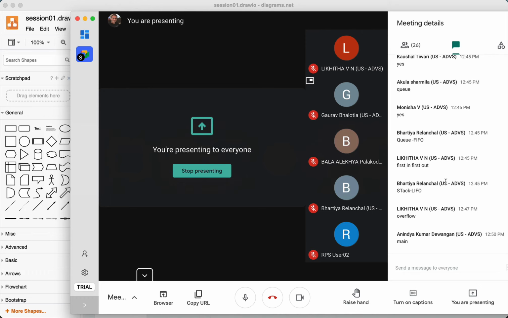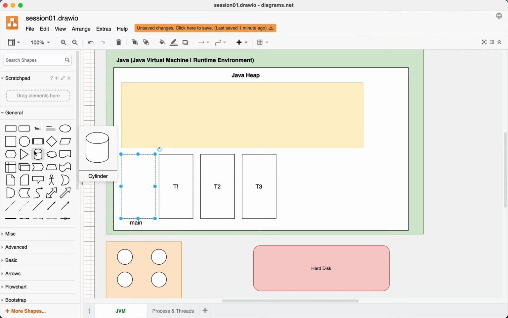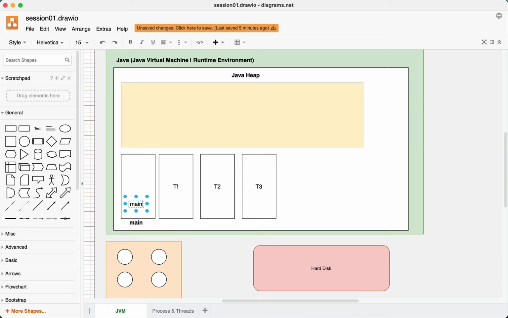Tell me, in which thread? In the main thread. Exactly, super. So it is the main thread in which the main function will be pushed into the stack. Note my words, this is the name of the thread, but the name of the function is what? Which function gets executed? Main function gets executed. That function is pushed into the stack. I repeat, it is pushed into the stack. It starts executing.